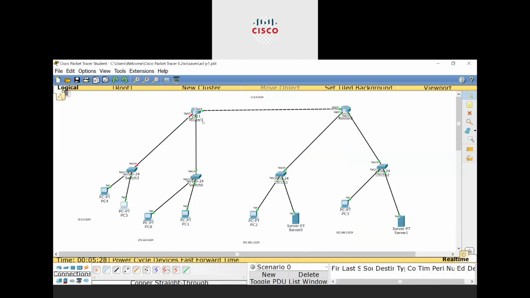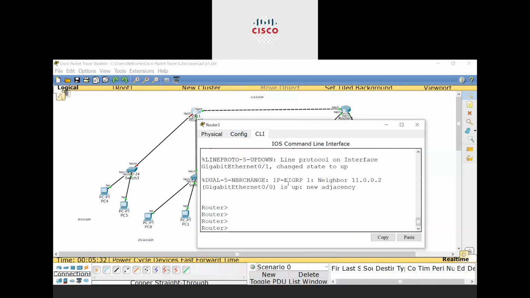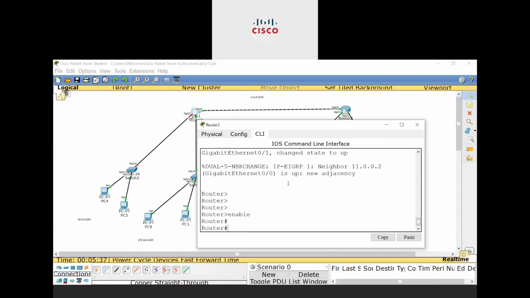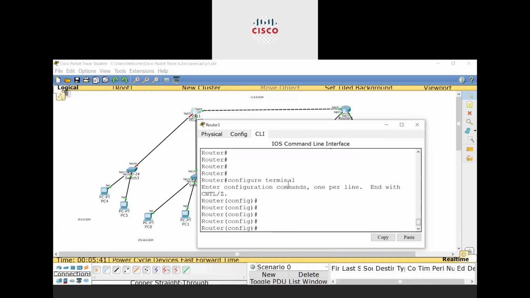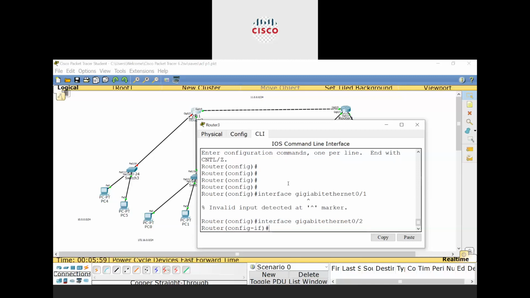Okay, we have one another network, and we have to add that network. So enable, configure terminal, interface gigabit ethernet 0/2.